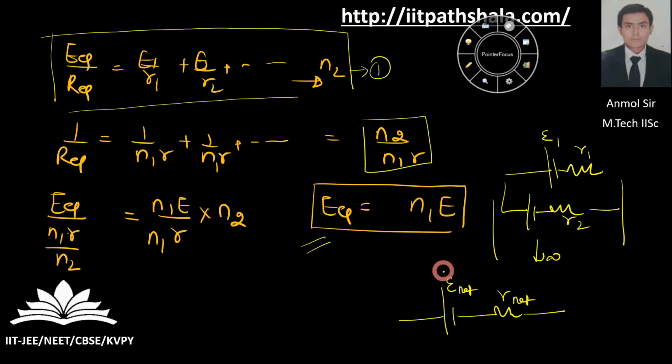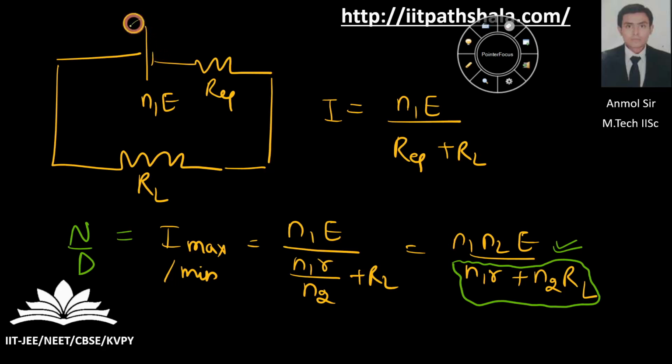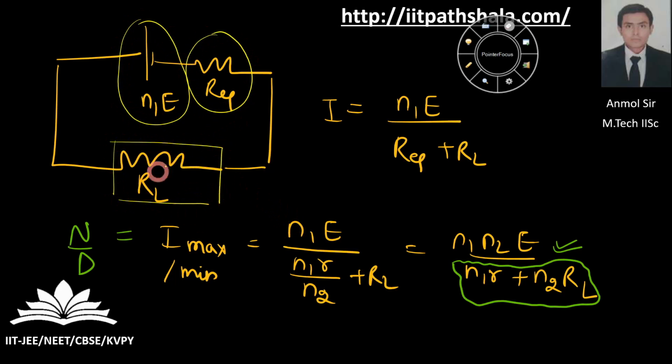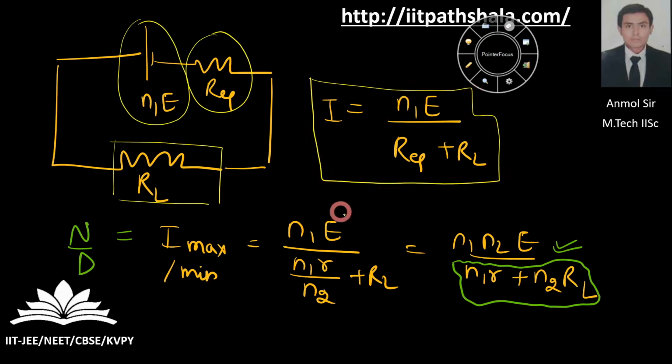After getting your E equivalent, you have to make your circuit as follows. So you have simplified your circuit with a battery with your R equivalent, joined in series with your RL. Okay, joined in series with your RL. Now what you're going to do is, you have to find the I. Now you are having two resistances in series over here, so V equals IR, where R will be the sum of this R equivalent and this load resistance over here. So that's how I came to this conclusion.